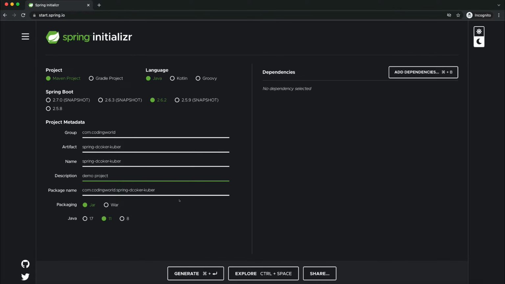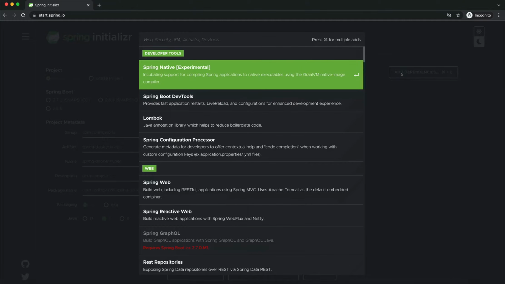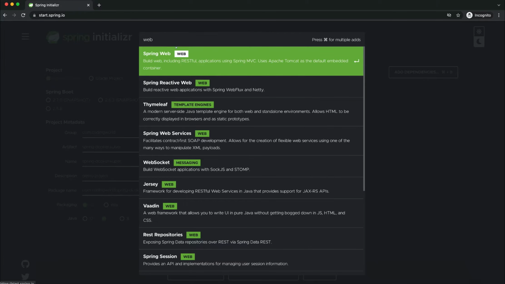Other settings I'm keeping as they are. We are creating REST APIs from this simple Spring Boot application, so I'm adding web dependencies.